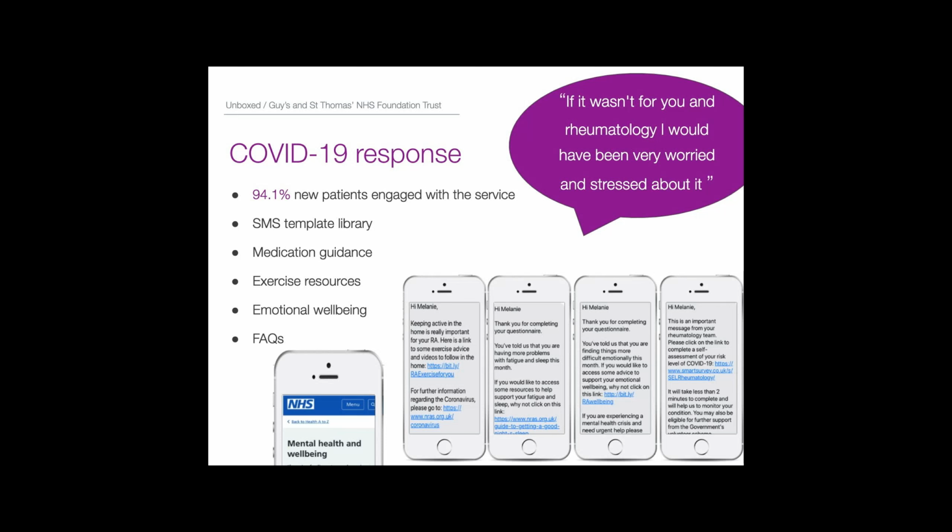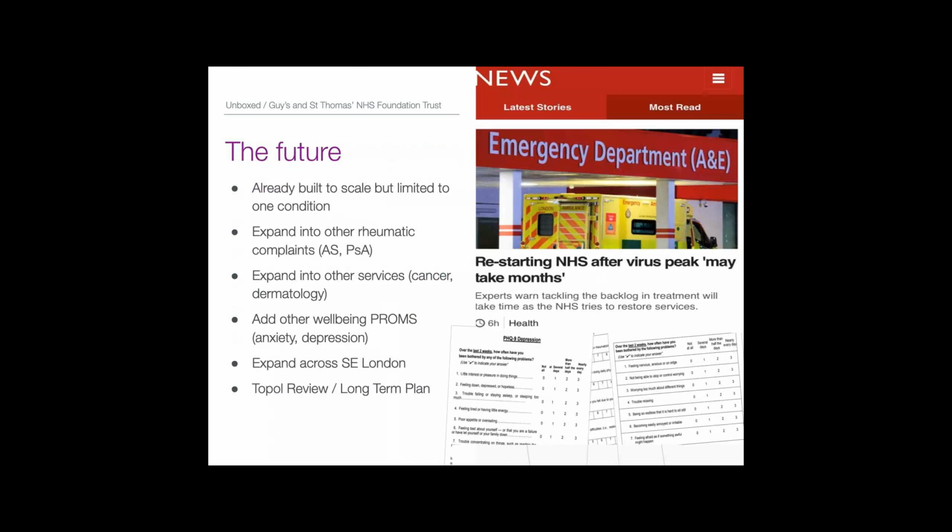So we used the service and evolved it very, very quickly for the situation we found ourselves in. Last slide, please, Martin. So the future. I believe the future is very bright for remote monitoring. In fact, I believe remote monitoring is the future for not just rheumatology, but a large number of our chronic